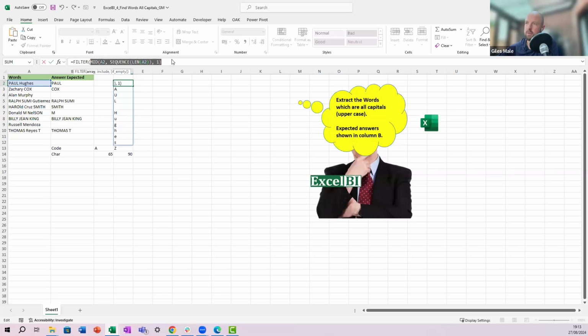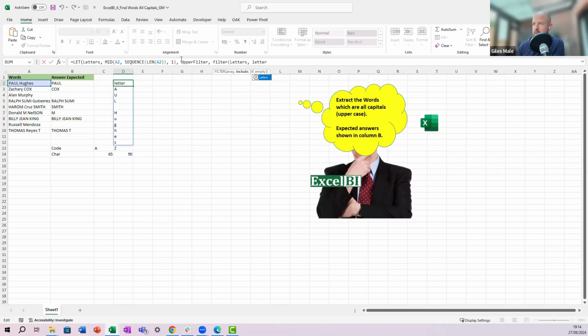What do I want to filter it by? I probably should have done a LEN, a LET. Did I say LEN? Let me stick a LET on this. So let's say this is LET, and I'll just call this word letters. Okay, so that's my letters, and then I want to do an upper filter as my next variable, and it's going to be a FILTER of letters,